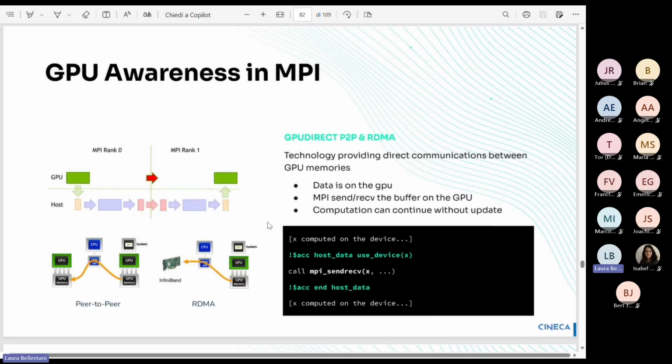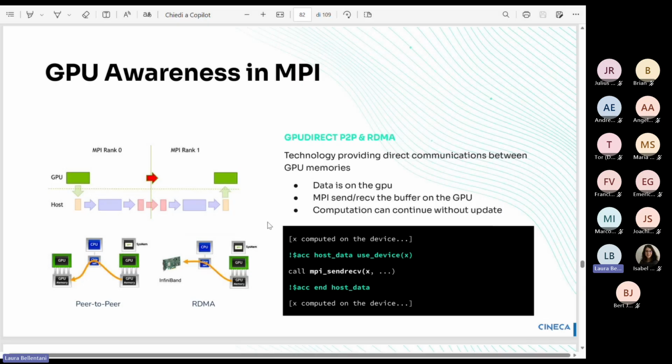However, there is a technology that you can exploit in most of the recent networks, which is GPU Direct. GPU Direct is a technology which provides direct communication between GPU memories. It is called GPU Direct peer-to-peer if it is intranode, and RDMA if it is among different nodes.